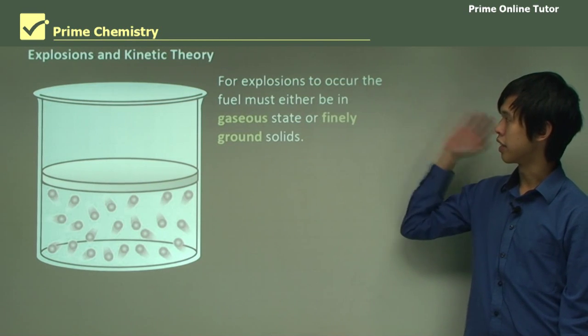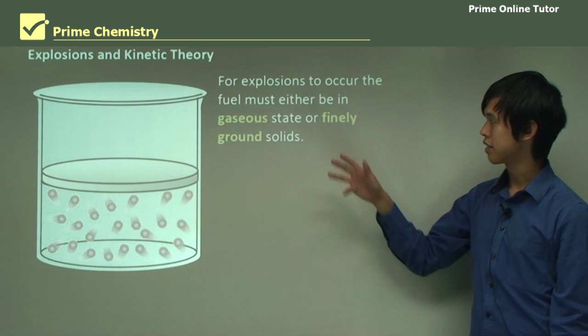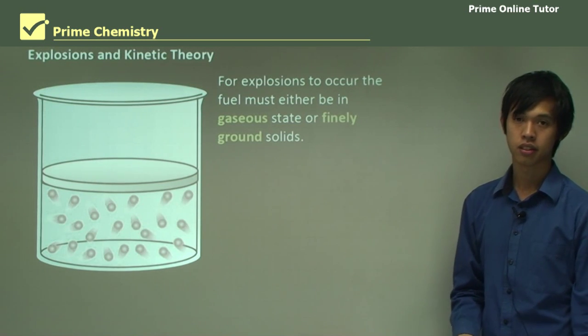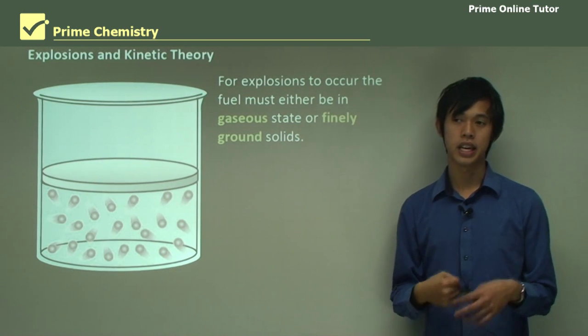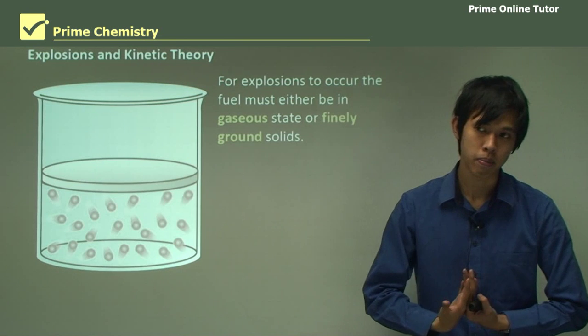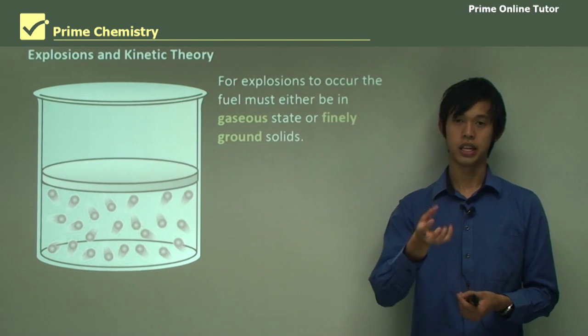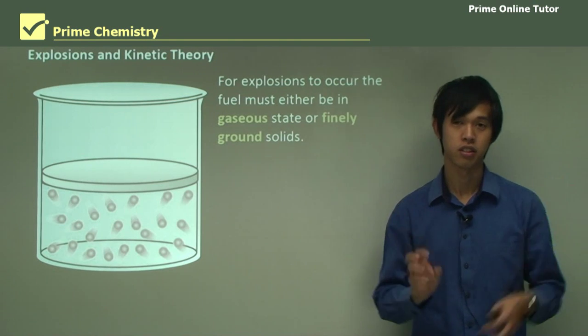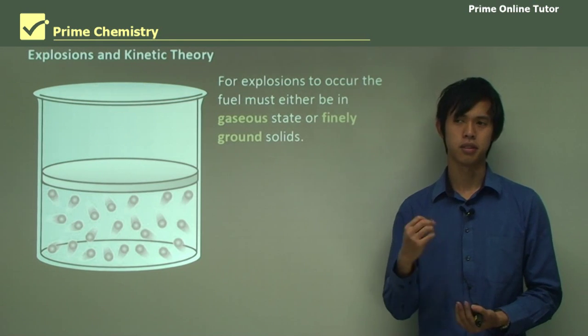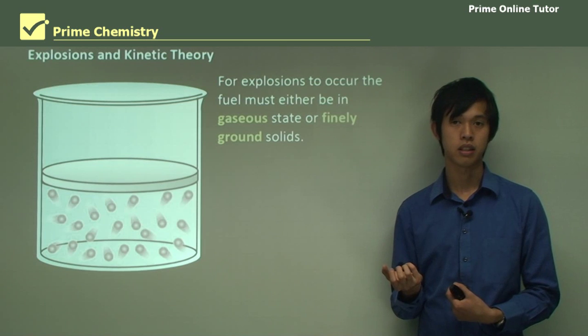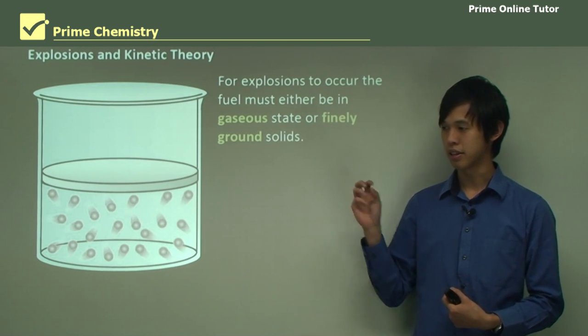For explosions to occur, the fuel must be in gaseous state or finely ground solids, okay? For explosions, we need gaseous molecules. And then you might be wondering, well, why, like in all the movies, the C4 or dynamite and things, they all look like they're just these solid lumps, okay? But basically, those solid lumps